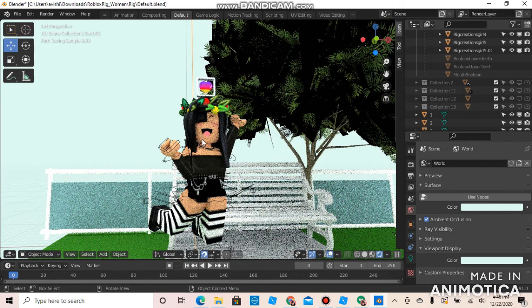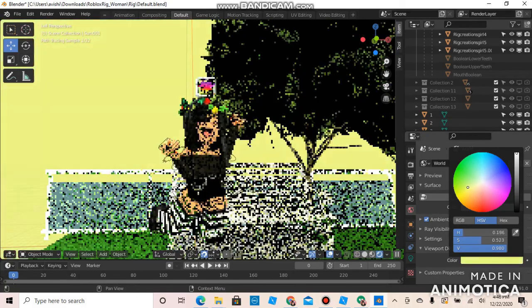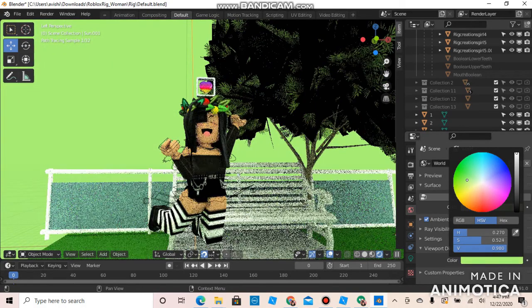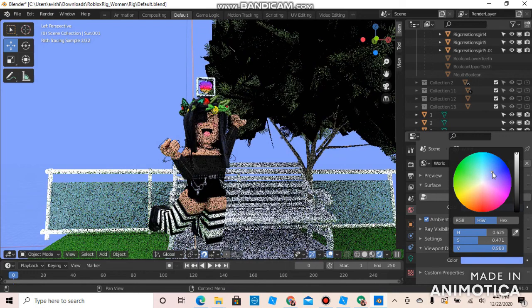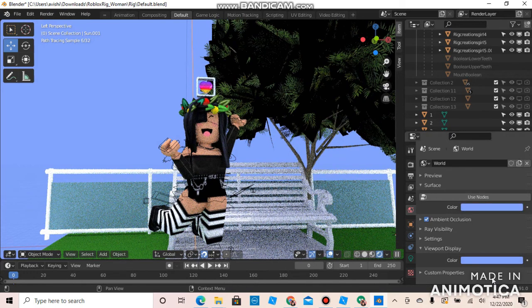I'm actually going to leave it this bright blue because it looks 100 times better with this bright blue, but I'm just going to test out some other colors. Of course, I'm going to have to keep it more in the blue range to make it look realistic. How about this? Yeah, I think I like that. So once you've got everything set up that you want set up,